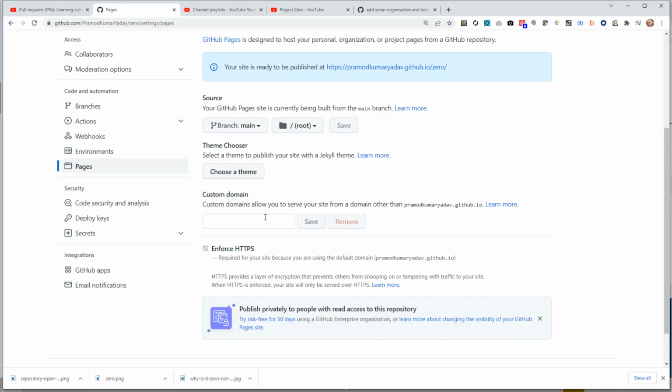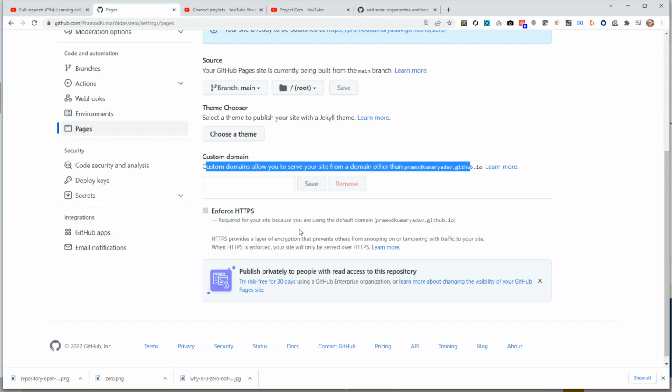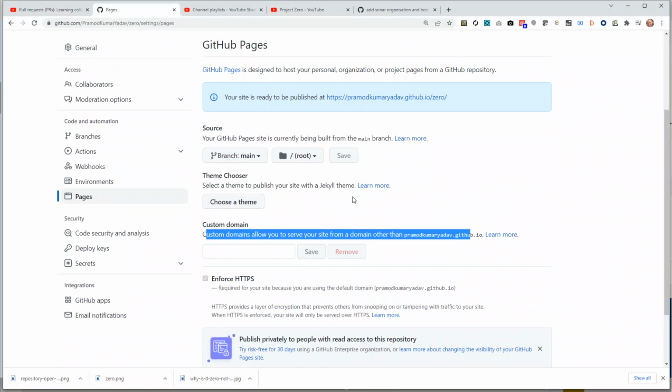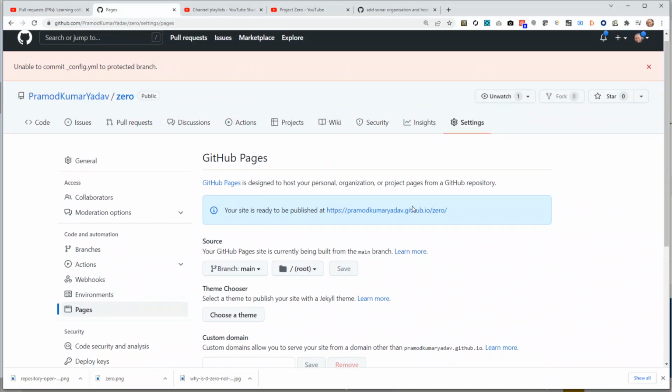Custom domains allow you to serve your site from a domain other than GitHub IO. At this moment, this is out of scope for this video, so I will just leave it like this. What else? Your site is ready to be published. So if I click on this link,